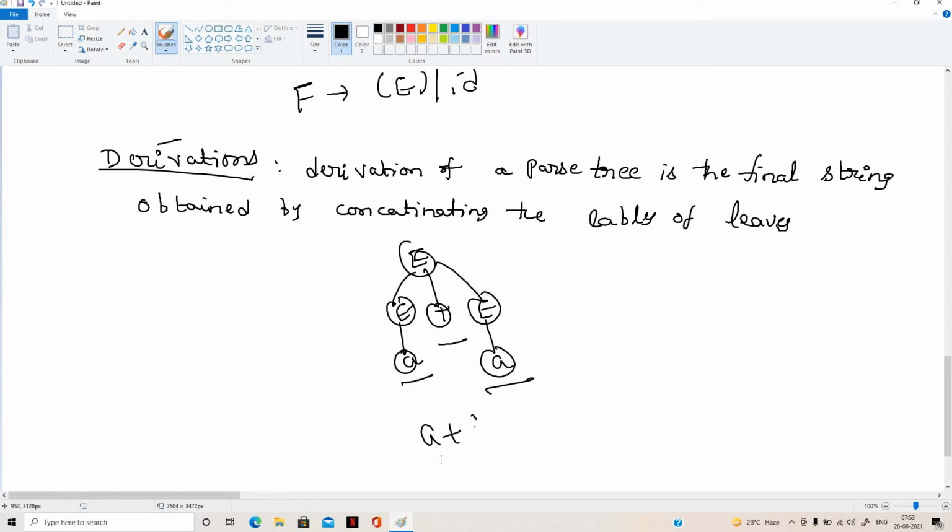So I can derive the string a plus a with the help of this parse tree. This is the general meaning of derivation, and we can derive the string with the help of the parse tree in two types only. One is called leftmost derivation.